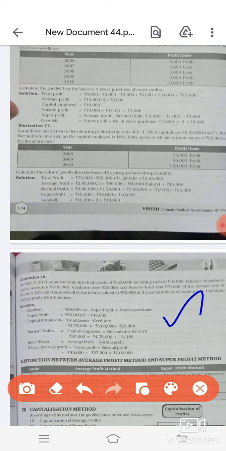They are very simple problems applying the formula. That's all. You have to read the sum, understand what information is given in the sum, and if there are any adjustments, you have to make the adjustments and find the amount of goodwill. Okay, so very simple sum. So do by yourself, and if you have any doubt, I will clarify the doubts. Okay, next